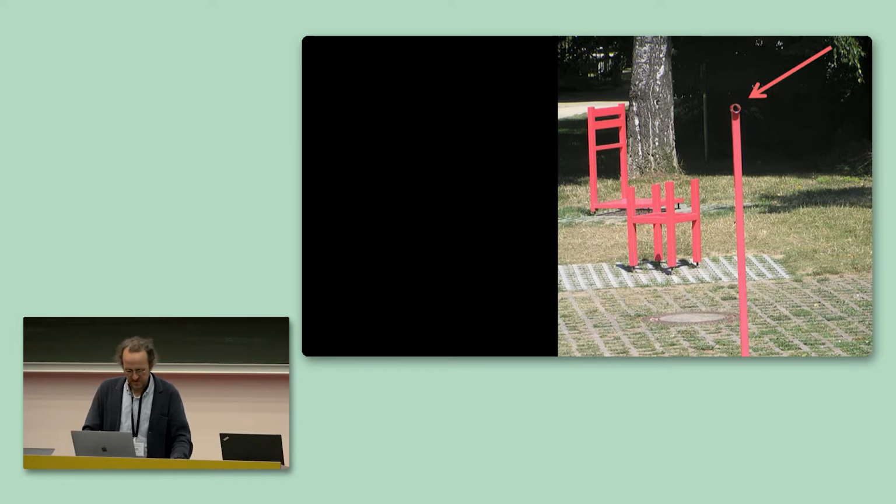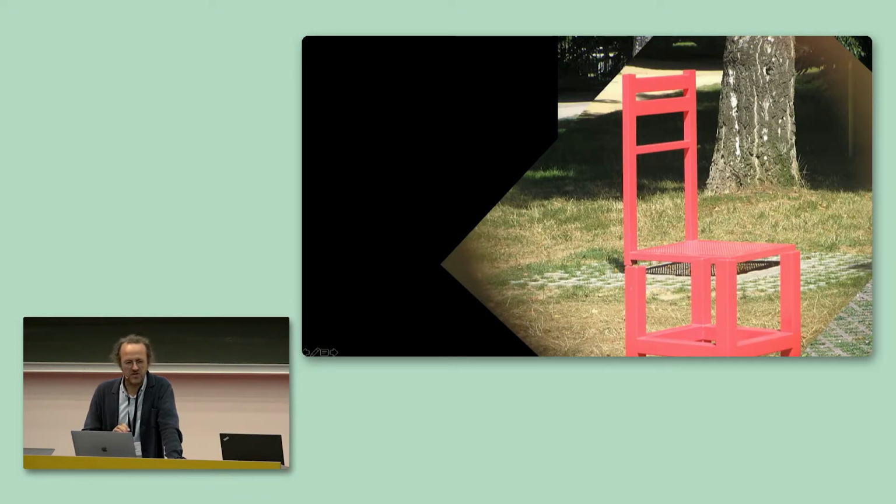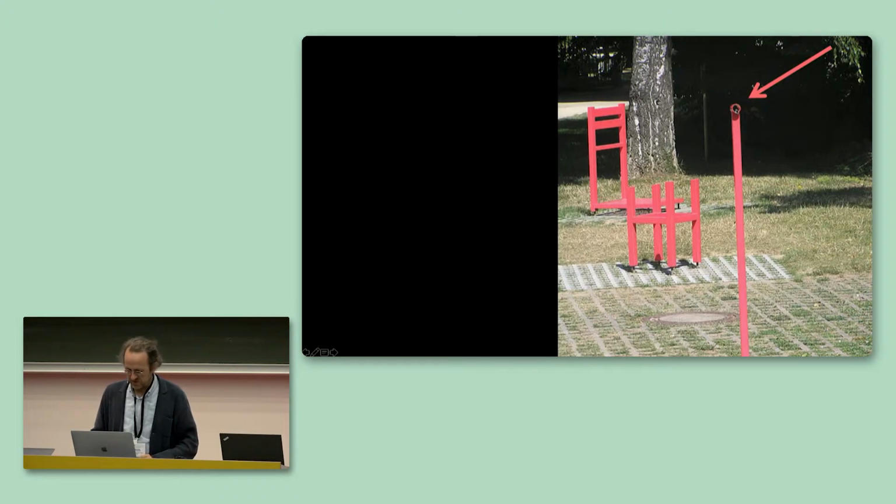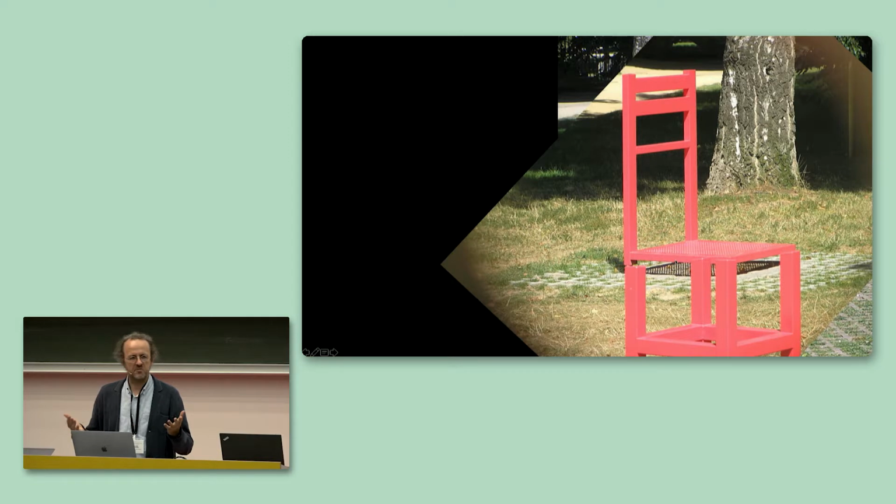So, a second example, maybe a little bit closer to neuroscience, or at least visual perception, is this one. Here we have this object called a Bechet chair. It's not a chair, as you can see. It consists of two pieces, and they are arranged such that if you look through this hole, you see a chair. So if your perceptual process, in particular the viewing direction, is strongly dependent on or picked based upon the object itself, then we see this chair. That means perception fails because we see something that's not there.